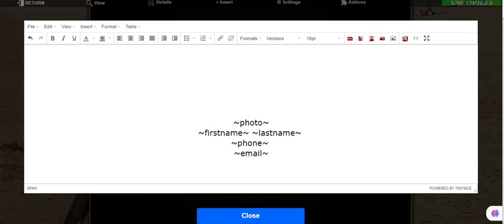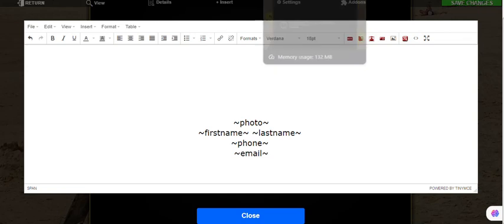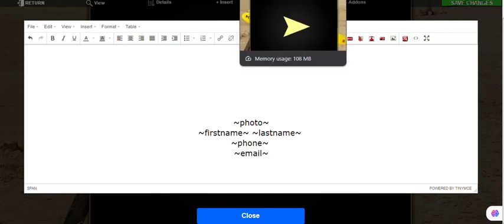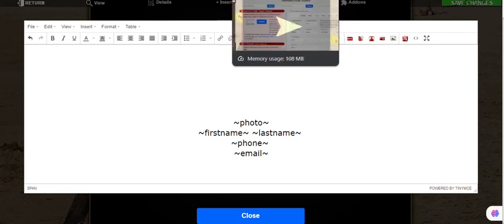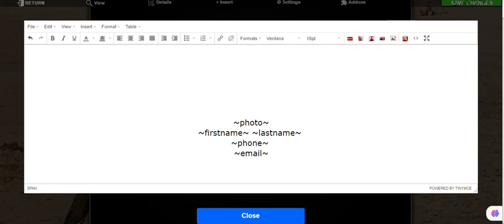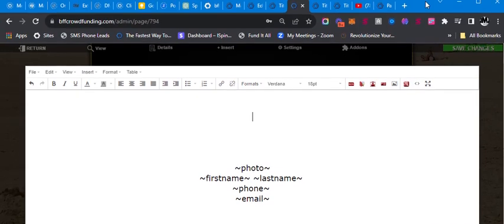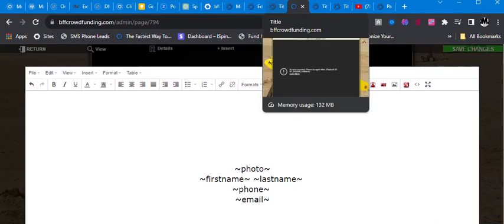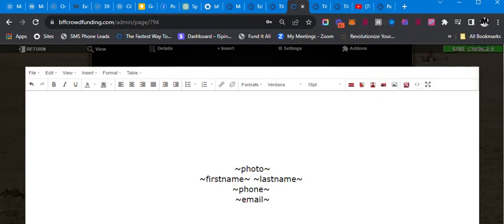So if that actually ever happens, instead of re-logging in this window, what I did was I logged back into the members area in another window. So I have several tabs open at the top here. I simply went to another tab, re-logged in, and that reactivated my session versus having to lose everything that I lost here. So that's just one easy way to get logged in without losing